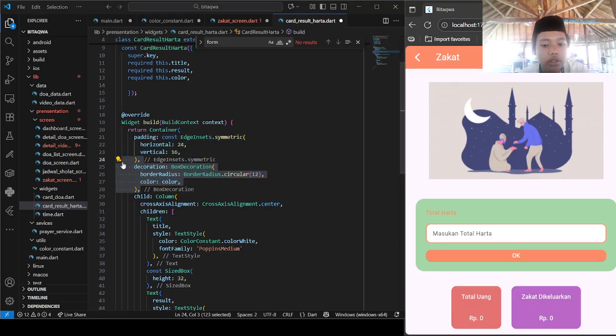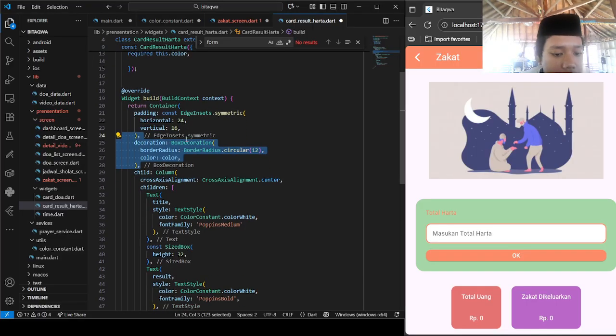Decoration is for box decoration, where I'm setting up the preview, for example rounded and the background color. Okay, so the background of the card is based on the sender, ya. The sender sets the color primary, so it will become the color primary like that.